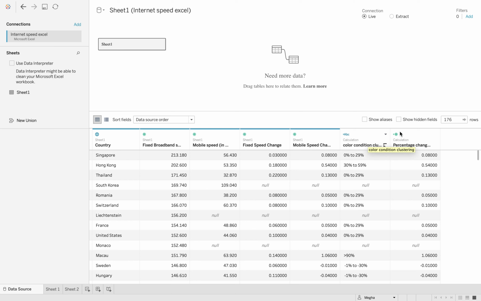You can ignore these two columns as they are generated from calculations in my previous video. So these 4 columns are the original columns from the data set that we have extracted.